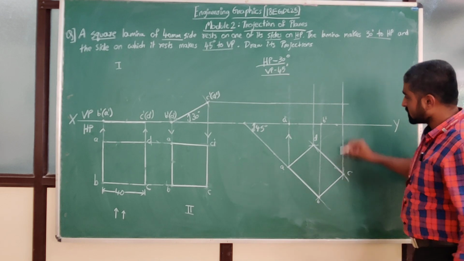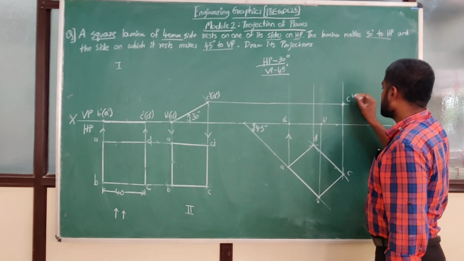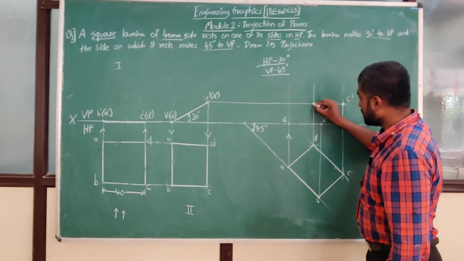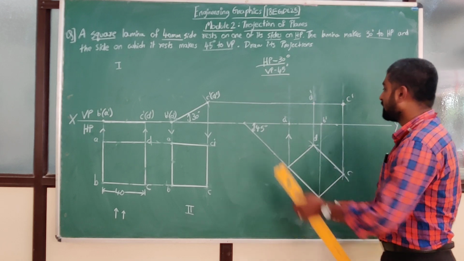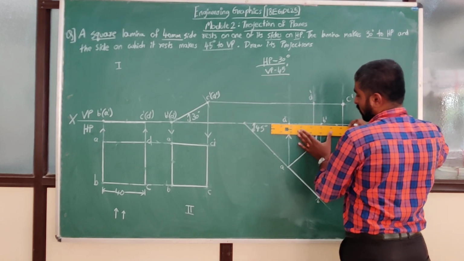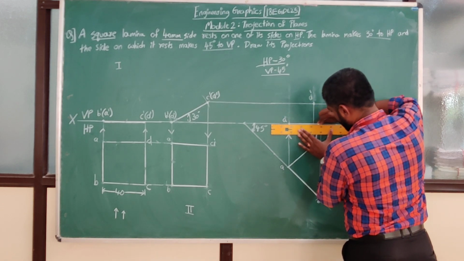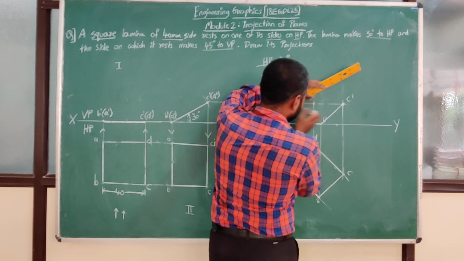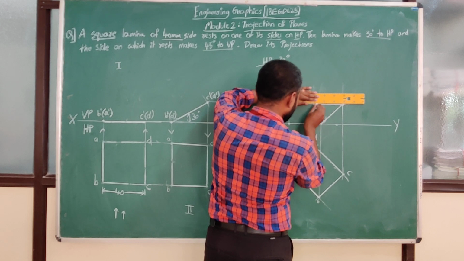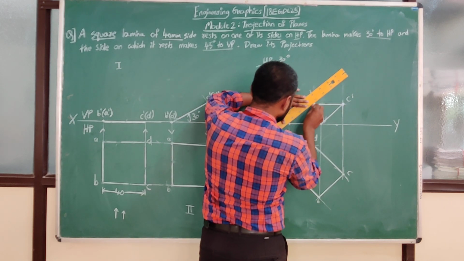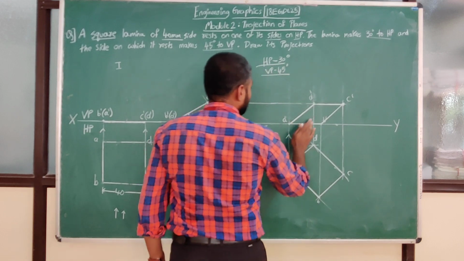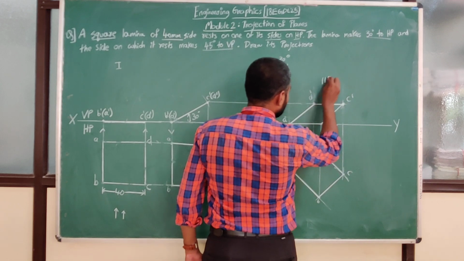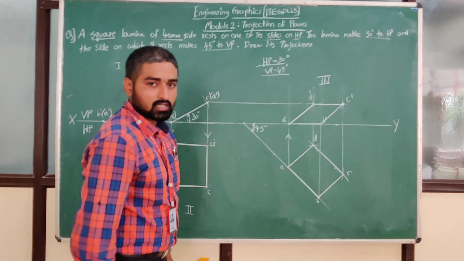Right? Now you can check here. C is intersecting here, so I am going to name it as C dash. The extra line can be trimmed off. And then the next thing is D. So this will be D dash. So that I intersected. Now join all the points in order. That is A dash to B dash, B dash to C dash, then C dash to D dash, and back D dash to A dash. If you complete this step, the extra lines can be eliminated after the whole diagram is over. You can remove this one. So this will be your final step. So this is the end of the problem.